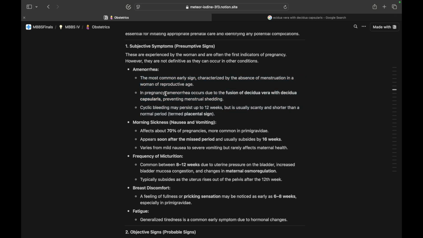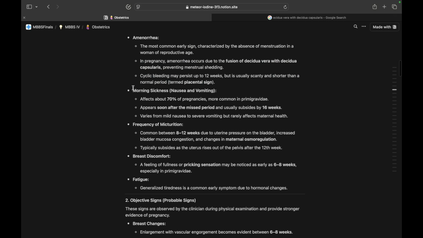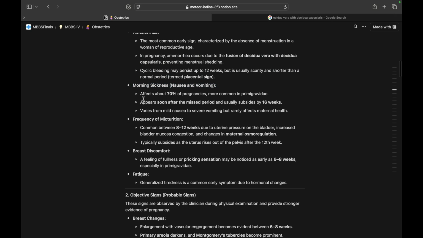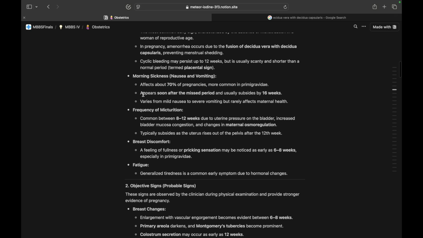So this is amenorrhea. And what do you do the first time a woman of reproductive age group comes to you with abdominal pain and amenorrhea? You think of pregnancy. Next, coming to morning sickness, nausea and vomiting affects about 70% of the pregnancies, more common in primigravida, appears